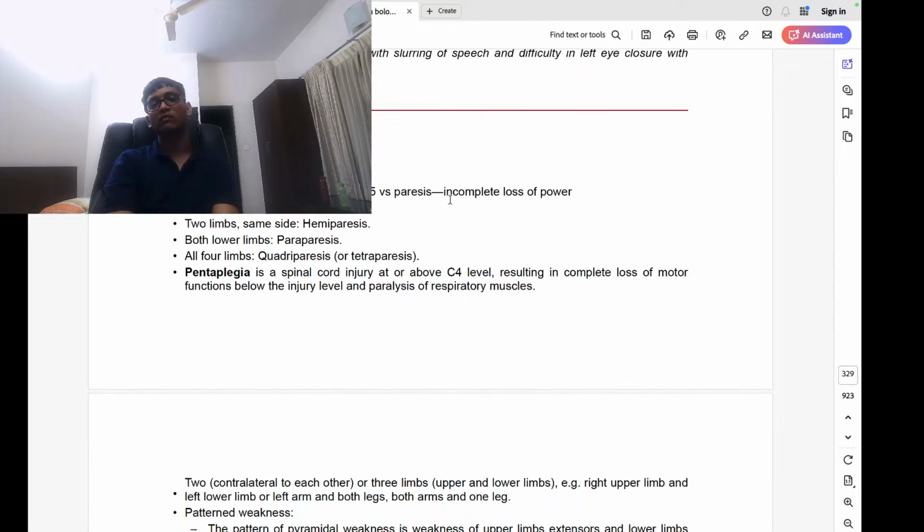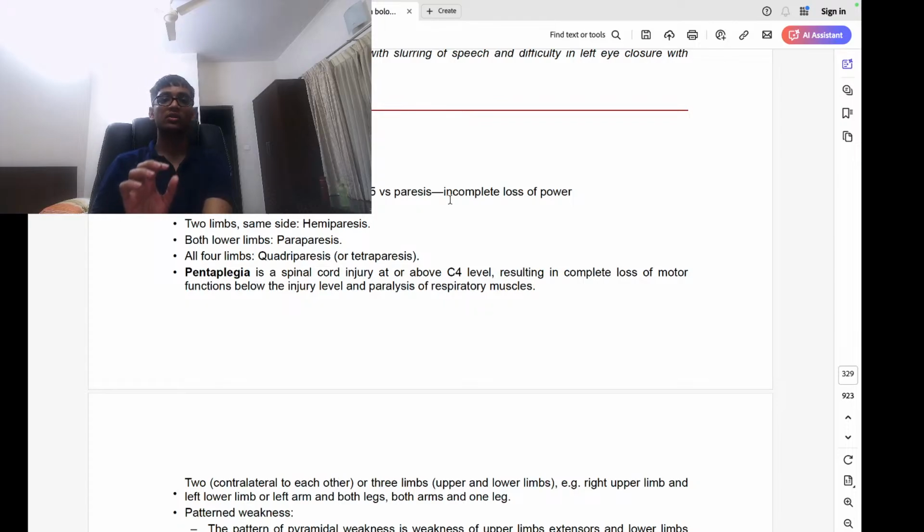Motor dysfunction, you have weakness. Distribution of weakness, is it symmetrical or asymmetrical? You have plegia, which is complete loss of power, 0 to 5, versus paresis, incomplete loss of power. One limb is monoparesis, two limbs is hemiparesis, both lower limbs are paraparesis, all four limbs is quadriparesis or tetraparesis,